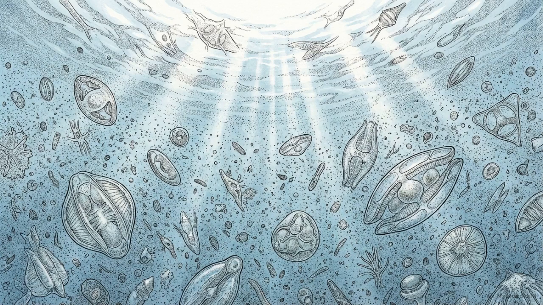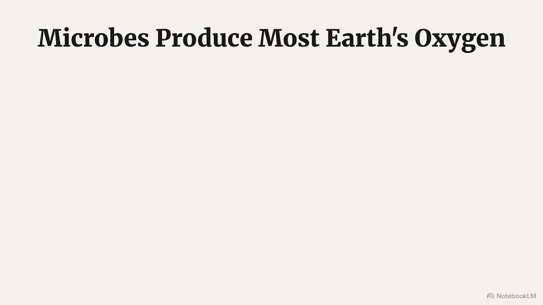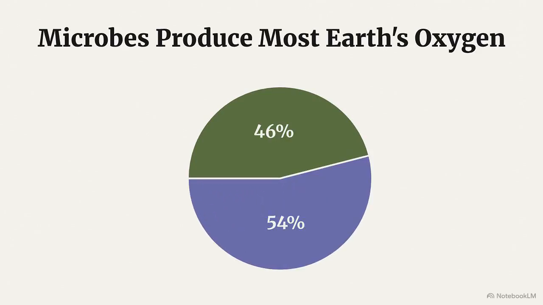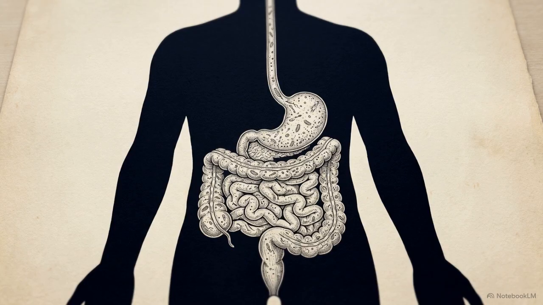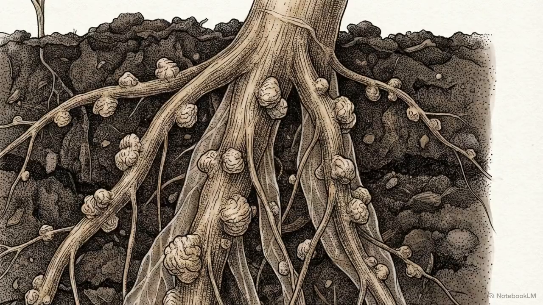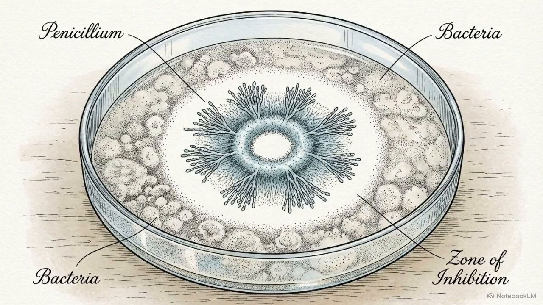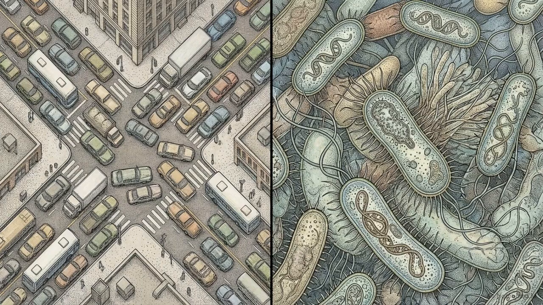In the upper layers of our oceans, trillions of microscopic algae are continuously photosynthesizing sunlight. Together, these single-celled organisms produce more than half of the oxygen in Earth's atmosphere. Our ability to digest food relies on the bacteria in our gut. Our agricultural harvests depend on the nitrogen-fixing microbes in the soil. The breakdown of global waste, the production of our medicines, and the oxygen we breathe are all outsourced to organisms